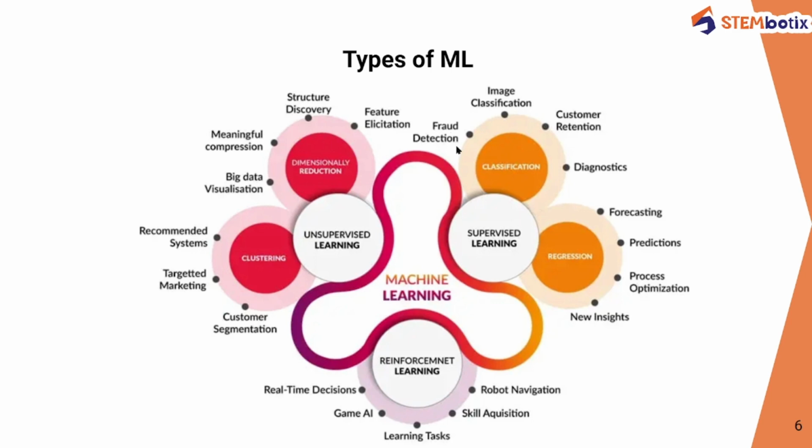For example, fraud detection, if you want to classify some image, or customer retention or diagnostics. After that, in regression you have forecasting, predictions, process optimization, and new insights. Whereas in unsupervised learning, the algorithm is given unlabeled data and has to find patterns and structure on its